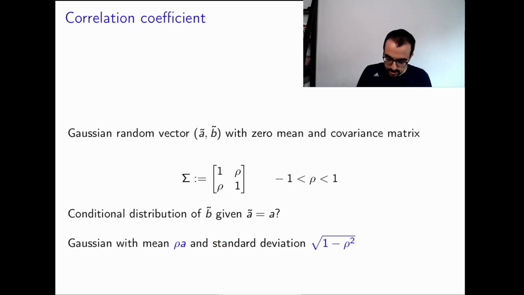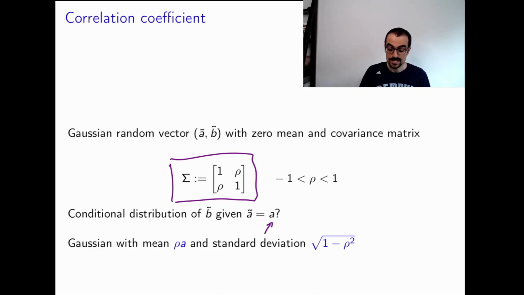So let's take a closer look. Here I'm just repeating what I wrote before. We have this Gaussian random vector AB with zero mean and this covariance matrix. We're asking what's the conditional distribution of B given that A has a fixed value, and it turns out it's completely determined by rho. If rho is 0, the conditional mean is 0 and the standard deviation is 1. So the conditional is exactly equal to the marginal, for any value of A, which means that the two random variables are